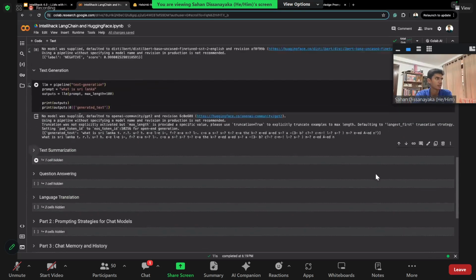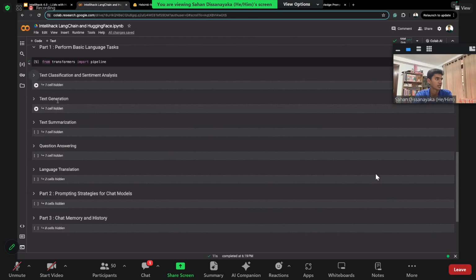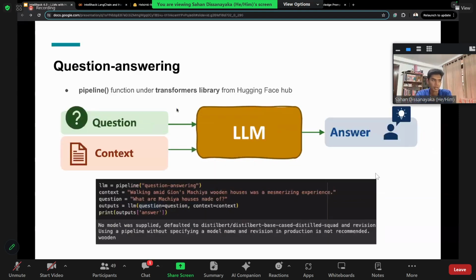At the same time, the versatility of the LLM models. So we try out a lot of tasks: classification, generation, summarization, question answering, and language translation. In my slide deck, I just focus on a few things in terms of the pipeline. I just want you to know about the question answering part, which is the most common use case of LLMs, because a lot of people are interested in creating chatbots for their companies using LLMs. That's why question and answer is a vital task we can implement using LLMs